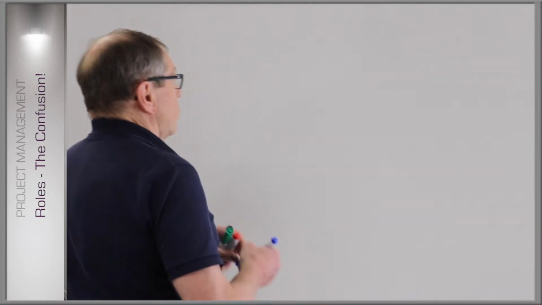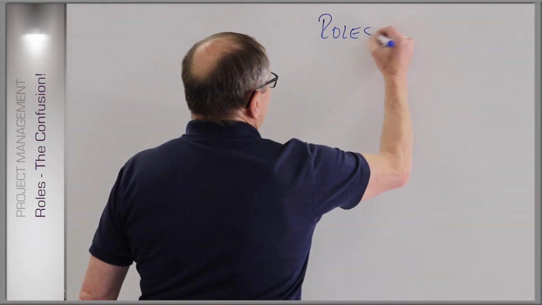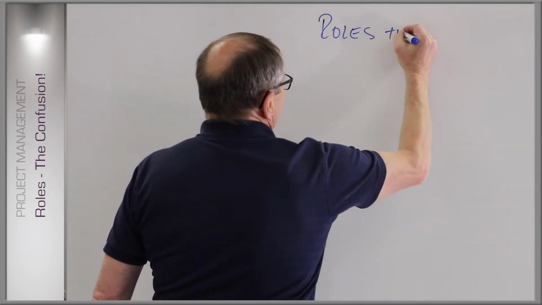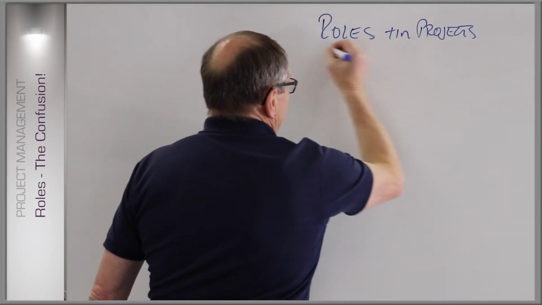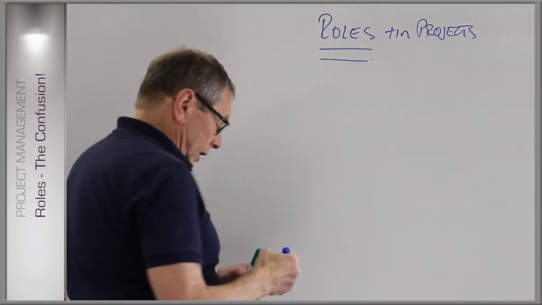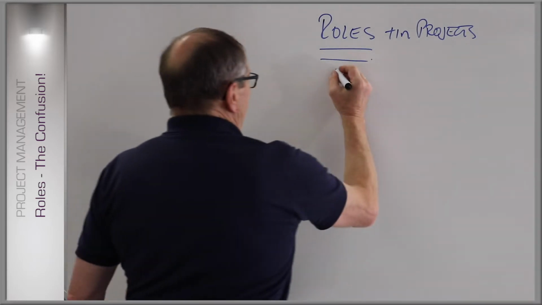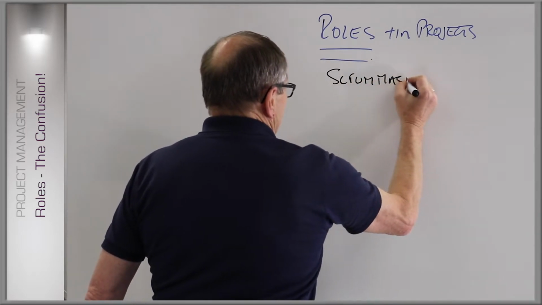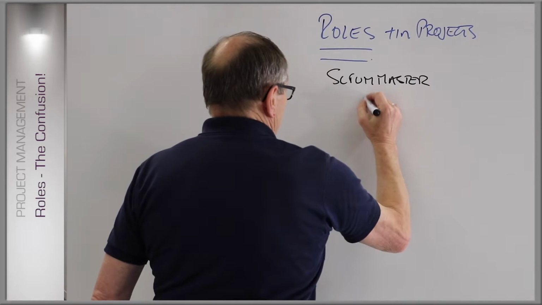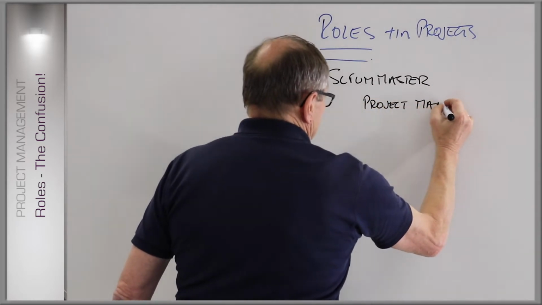So this quick short video is to explain the roles in projects, why we have them and what is critical about them. In particular, there's a lot of noise going on about two roles. One in particular is called the Scrum Master, and there's a sort of a battle between that and the project manager, right?